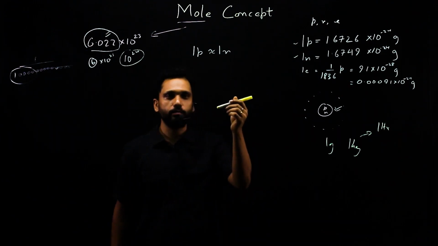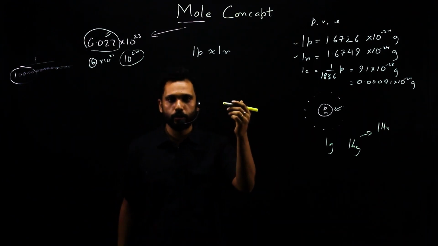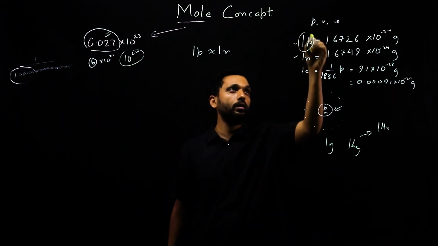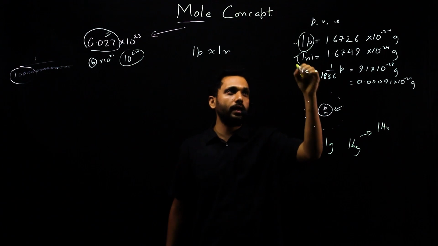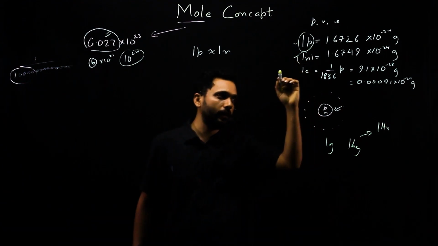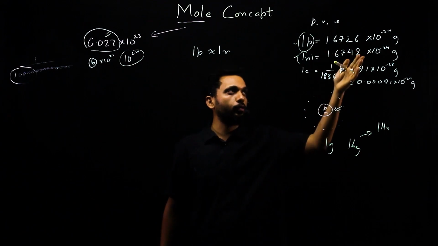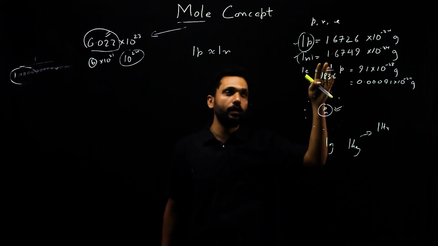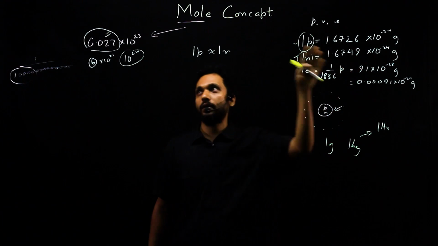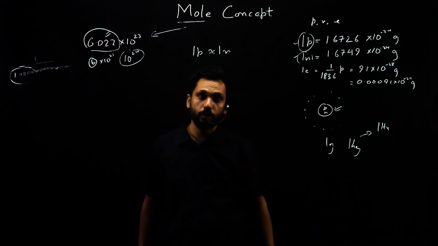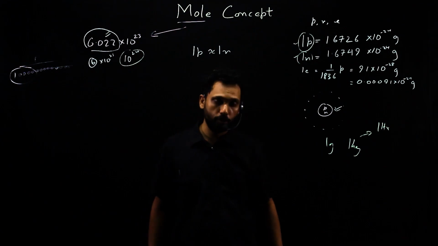Would it be like some, say, 20 grams or 30 grams? Highly unlikely. So that proton is a natural thing, neutron is a natural thing, electron is a natural thing. So when found out, it was found out to be so many grams. Had it been found out to be 10 power minus 24 grams, then 10 power 24 would have been a nice collection of atoms to give you the answer in grams.